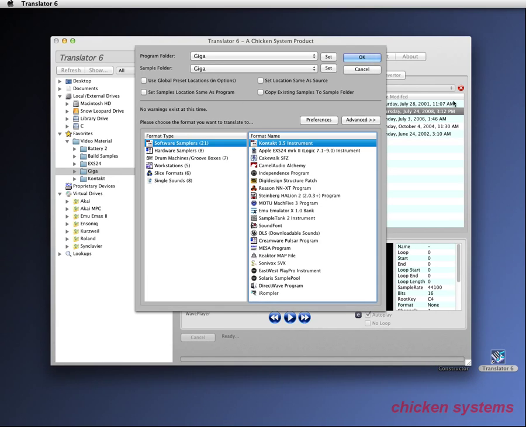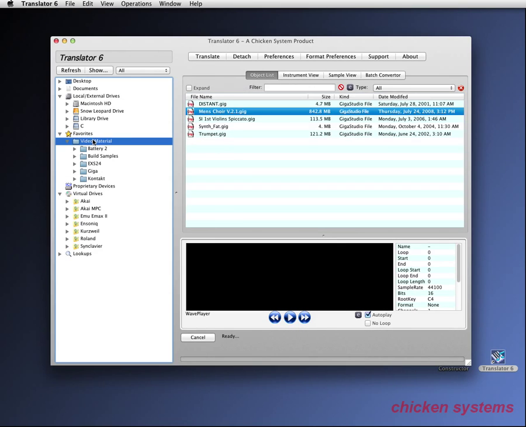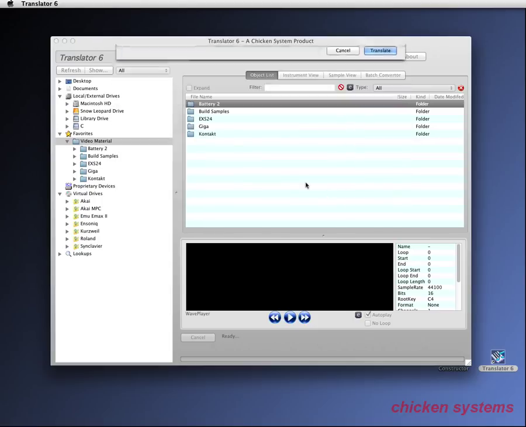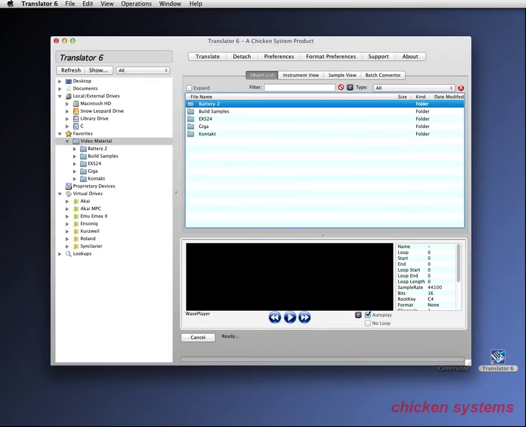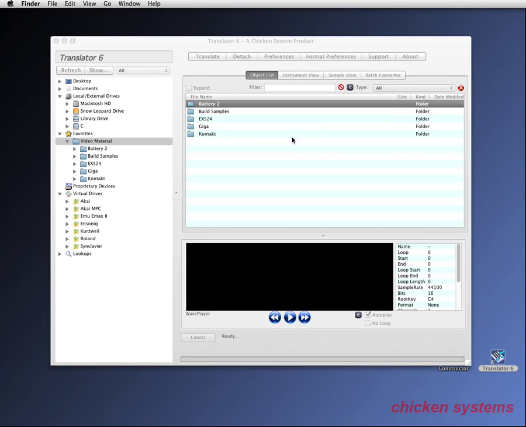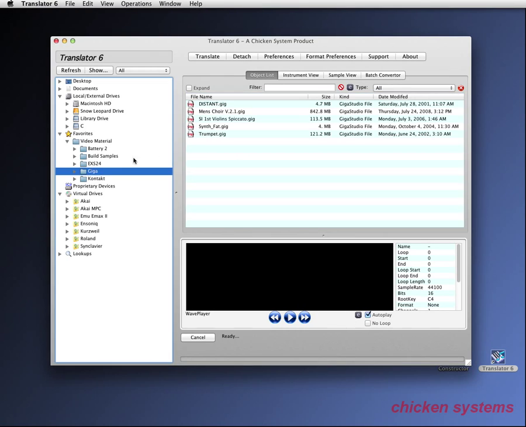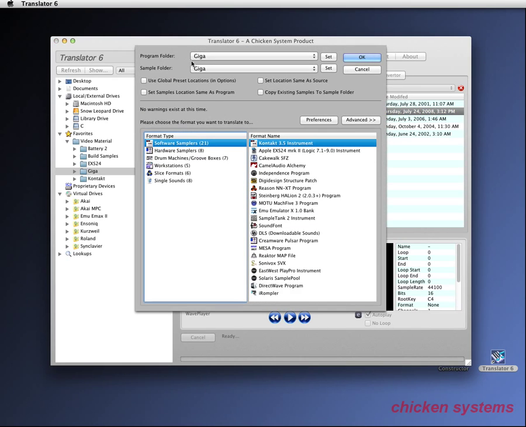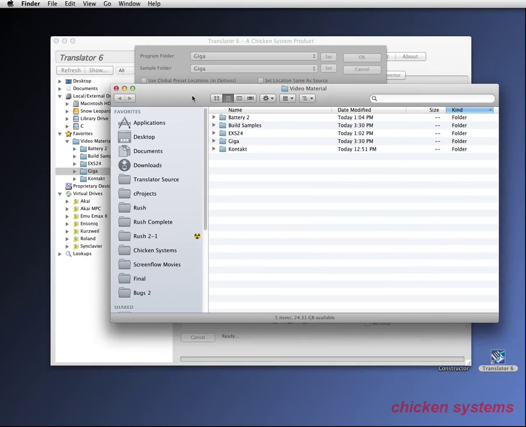Now, something that is important to understand is that when you're converting in bulk, there's a different dialog. This isn't the Master Translation Dialog, but you can choose what you're converting out of. And what's going to happen is, let's get back to the Master Translation Dialog. For the program folder, when you're converting in bulk, what's going to happen, this is the Finder window,